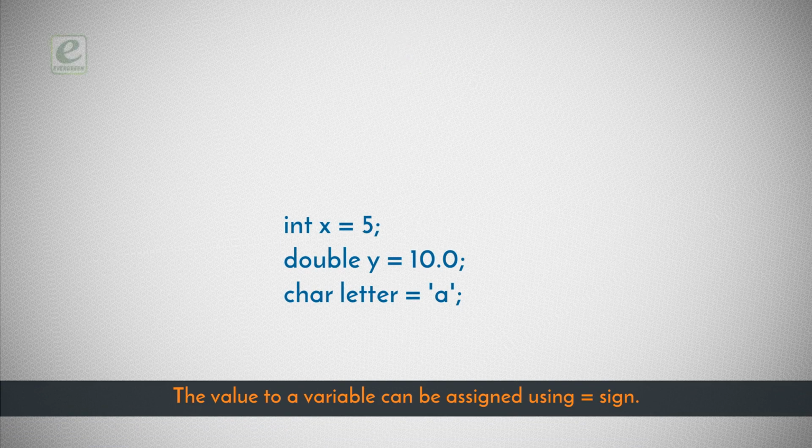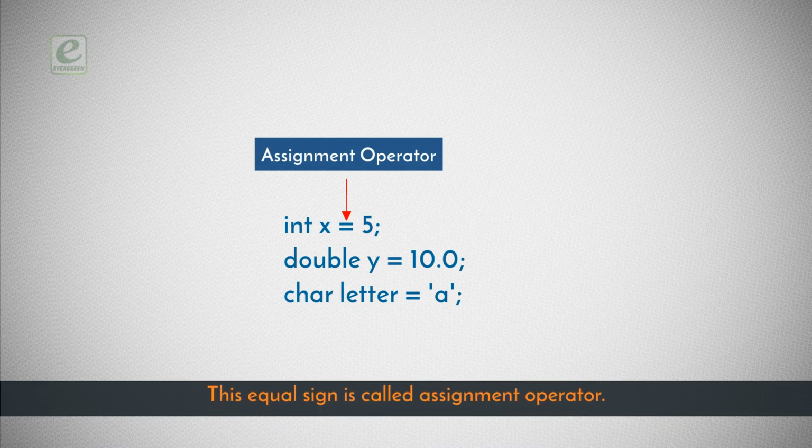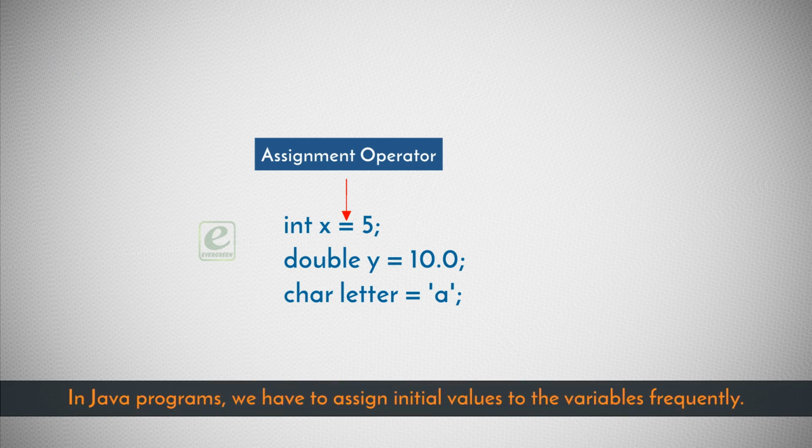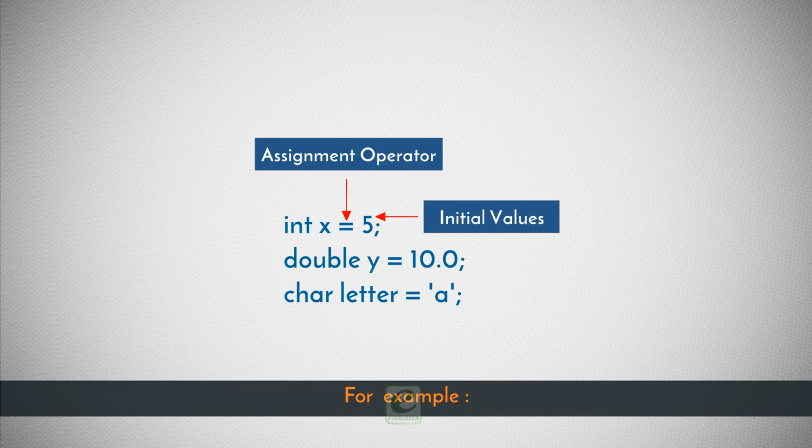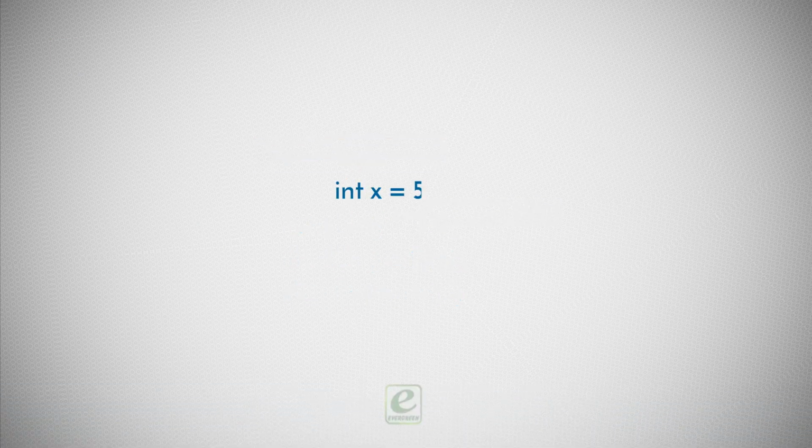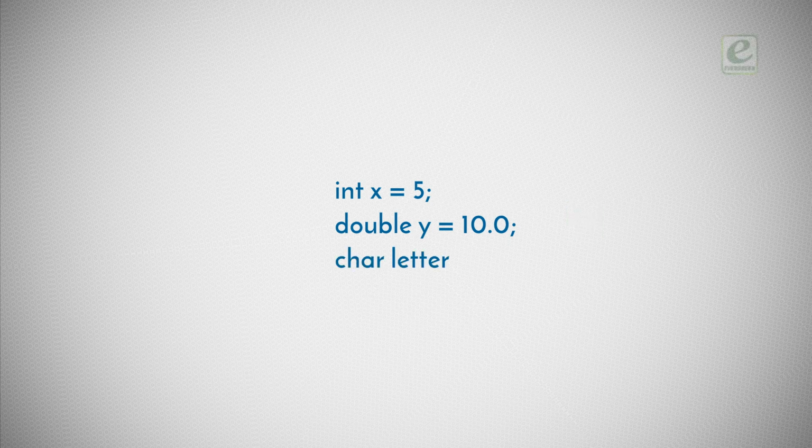The value to a variable can be assigned using the equal to sign. This equal sign is called the assignment operator. In Java programs, we have to assign initial values to the variables frequently. For example, int x = 5; double y = 10.0; char letter = 'a';